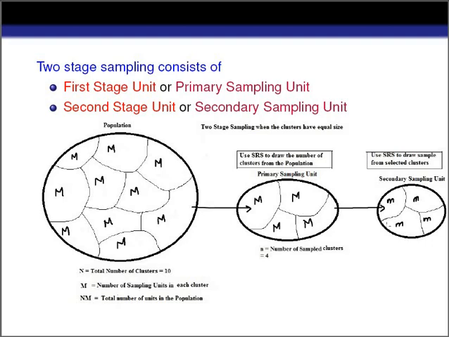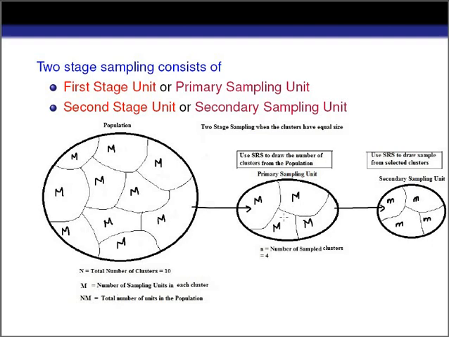So this is the main concept of taking a sample from the population by using the technique of two-stage sampling. Here we are using both techniques, one-stage sampling as well as stratified random sampling as a special case, isn't it? Because up to this primary sampling unit, we have used the same process of one-stage sampling. Whatever we do in one-stage sampling, we use the same thing up to this primary sampling unit.